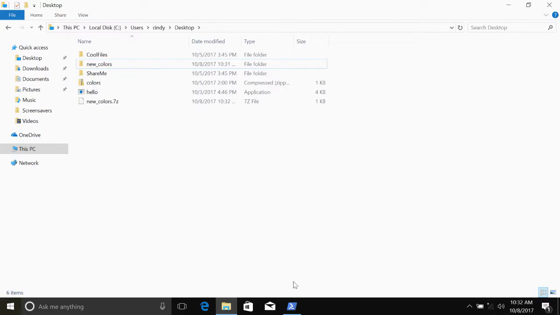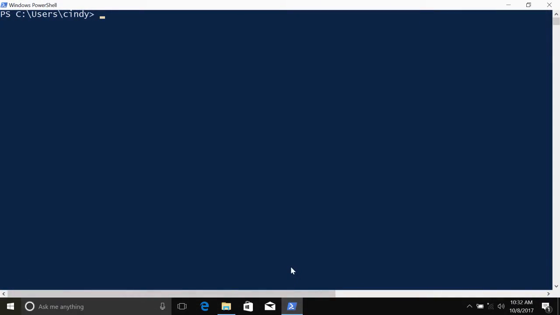If you're using PowerShell version 5.0 or greater, you can actually extract and compress archives right from the command line. Let's say you've got a bunch of files in a folder called Cool Files on your desktop that you'd like to add to a new zip file. After you've opened up the PowerShell command line interface, you could issue this command: